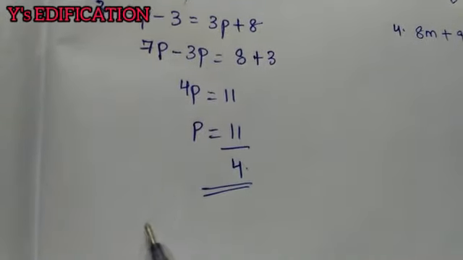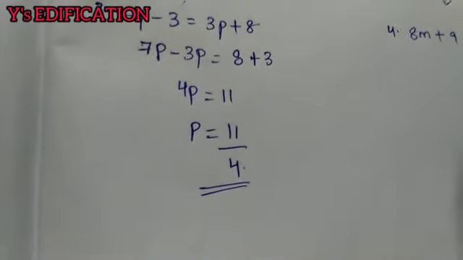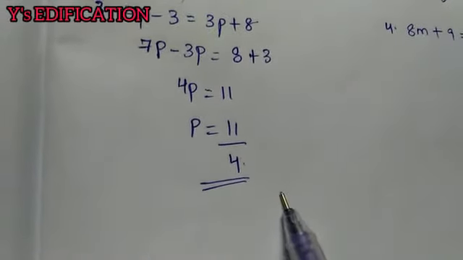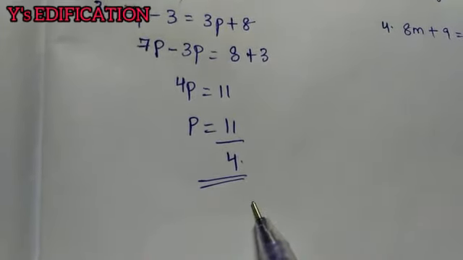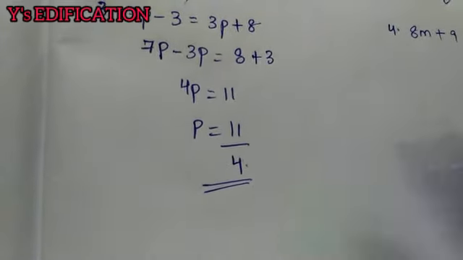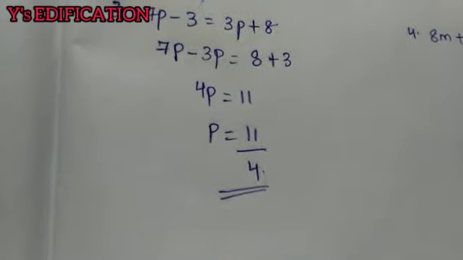Okay, after solving both LHS and RHS, we have to get both the answers should be equal. LHS must be equal to RHS. If LHS is equal to RHS, then your answer is correct. If both the LHS and RHS are not equal, then whatever the answer we got, that is the wrong answer. Okay, so try to do the check for each and every problem. Okay, let's see the next question.